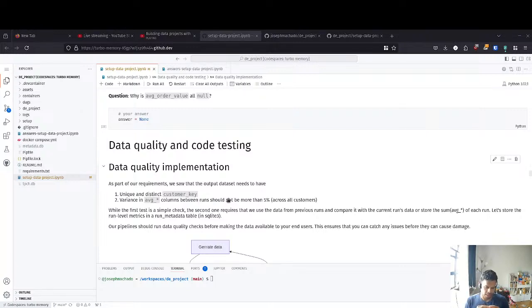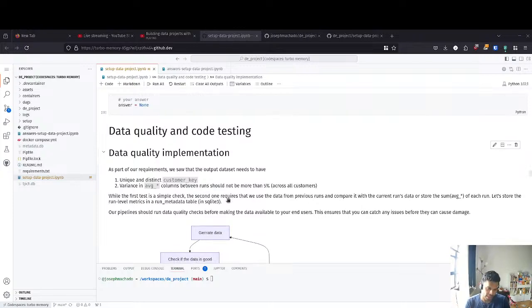Let's take a step back. We are going to run these checks only on the output. So what I mean by that is, when you create an output, before anyone can access it, you need to do the data quality checks, because when data is out there, it's hard to revert it, because you will typically have multiple users using your data to make business decisions, to make dashboards, whatever. If you make a mistake, it's going to propagate to all those end users, and you really don't want that, because rolling that back is not a simple